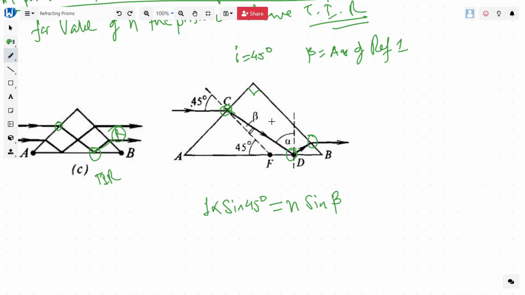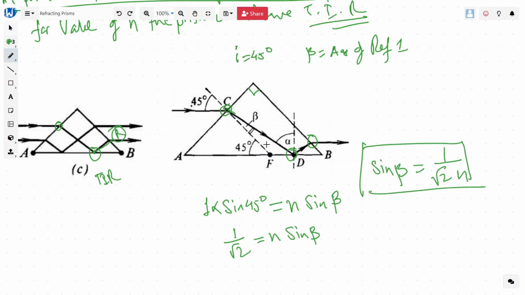Okay, n is the refractive index of this prism, and everything we want to put in terms of n because that's the only known quantity. Sine 45, we know that sine beta is going to be